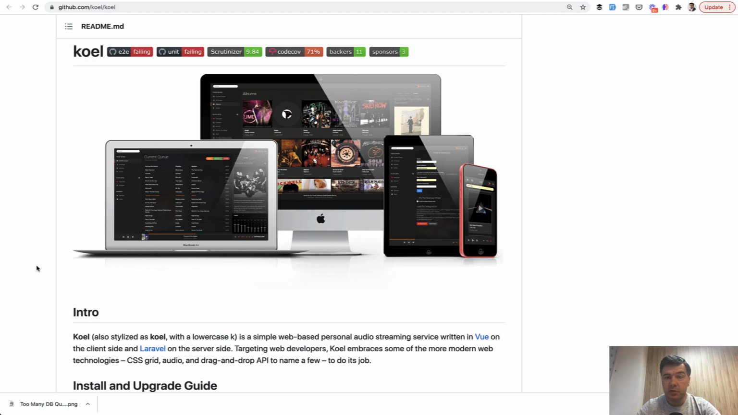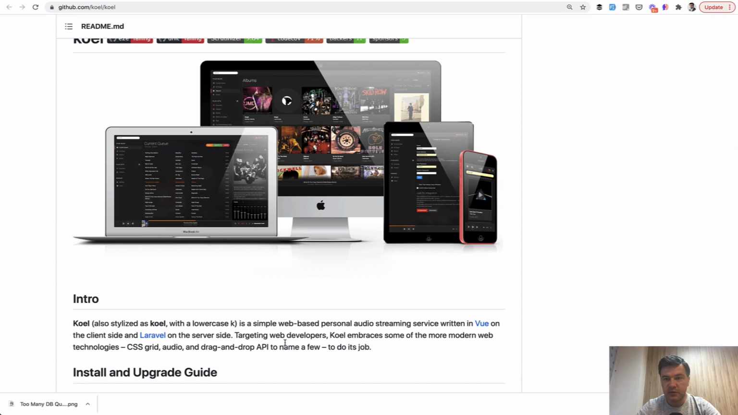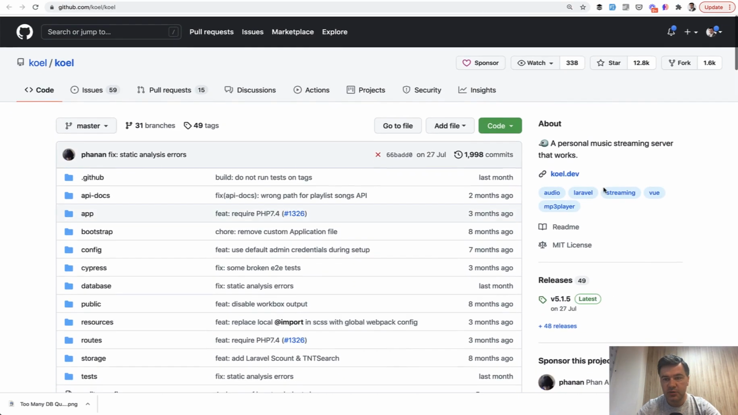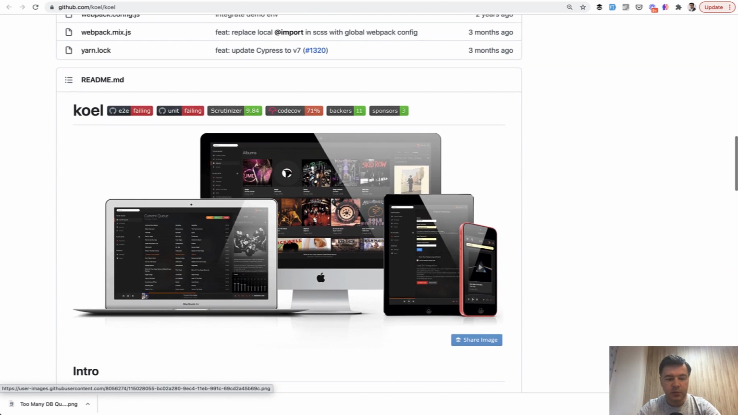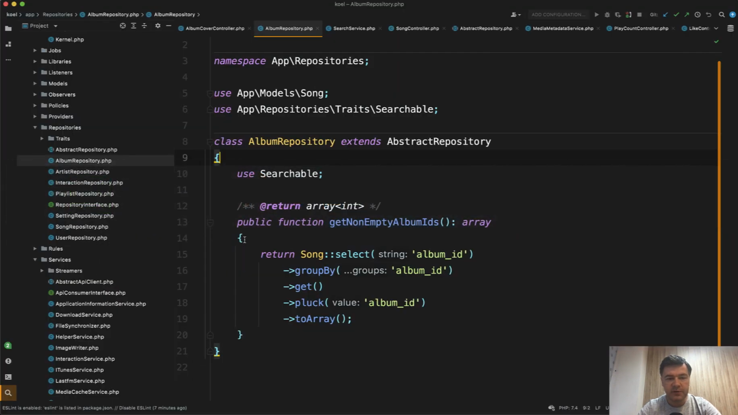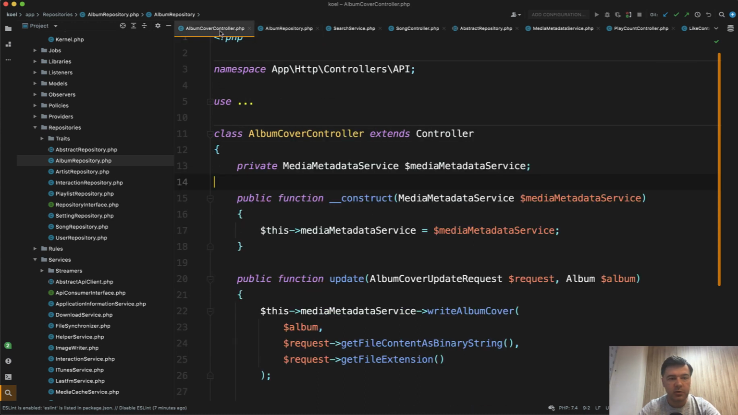Now let's take a look at SOLID principles in Koel, an open source repository, a music streaming service in Laravel and Vue.js, really popular with 12,000 stars on GitHub. And inside I want to show you the structure of services and repositories. For some of you it may sound like overkill and over-engineering, but it's such a beautiful separation of concerns. So for example, if you go to almost any controller, for example, album cover controller, I don't know